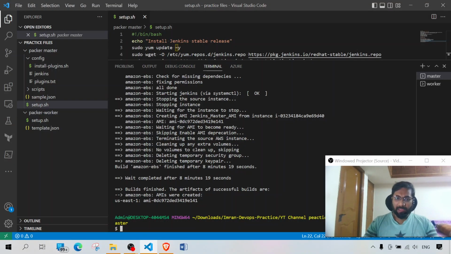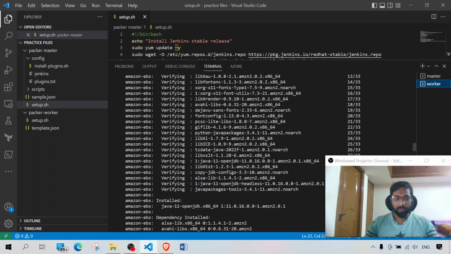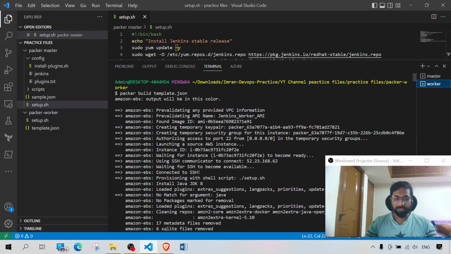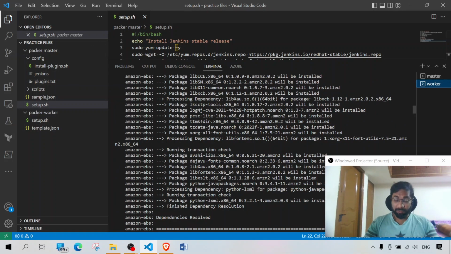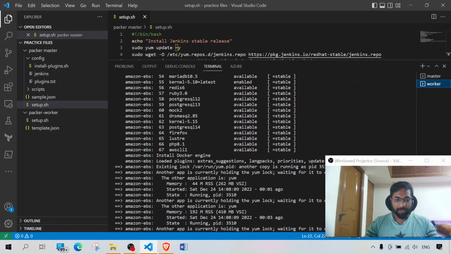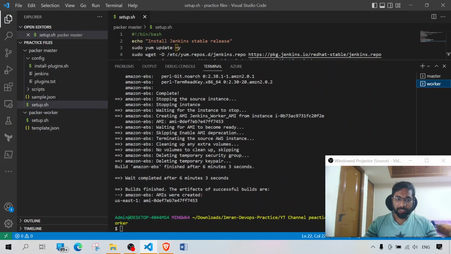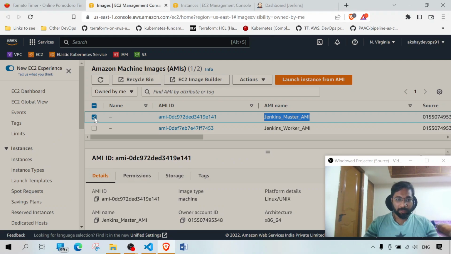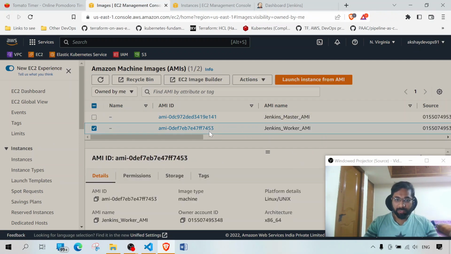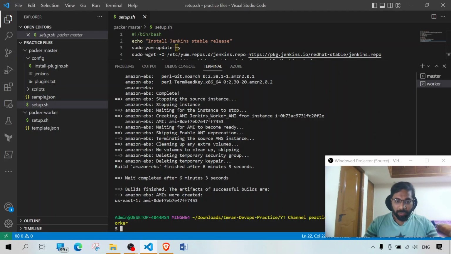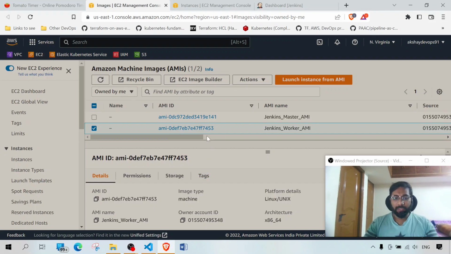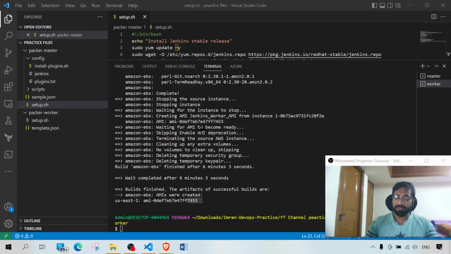And similarly, in the background, I have also executed the worker nodes image executions. So as you can see, let me show you that script. Before that, let me show you the executions as well. And yeah, it has verified all the installations, and then the artifact is created. So this is the AMI ID. Let's verify that as well. Let's go to the AMI, and this is the worker instance which we have created. The AMI ID over here is ending with 7453, and yeah, 7453. So it's the same worker instance which is created out of this